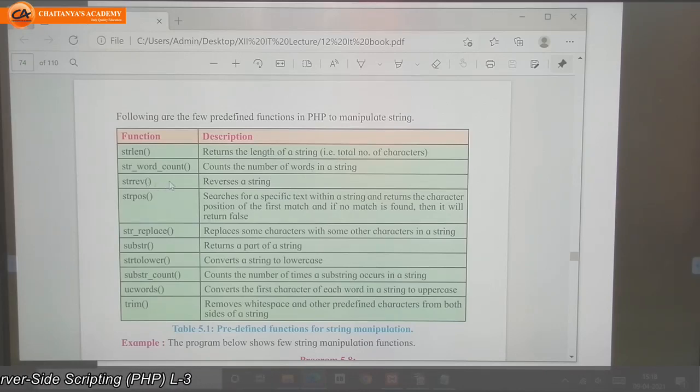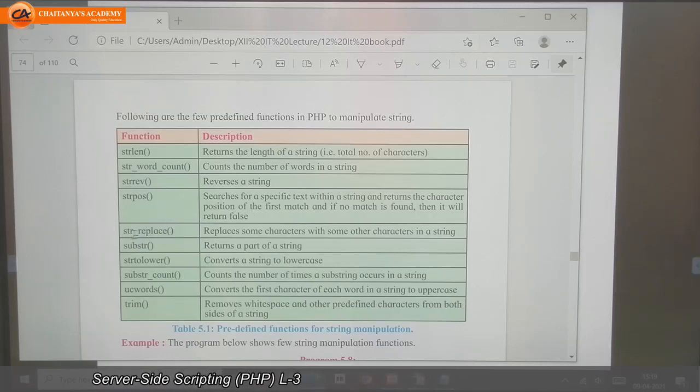It will reverse the string and give us as an output. strpos: if we want to search specific text within the string, it will return the character position of that string if it matched. If it doesn't match, it will return false. If it matched, it will return us the character position of whatever string we want to find.